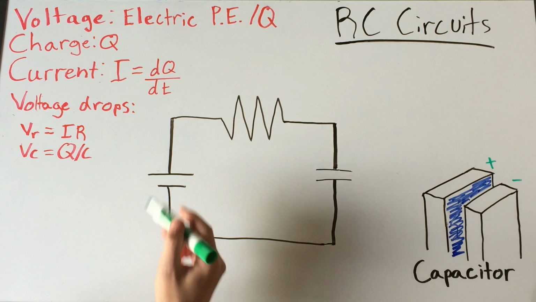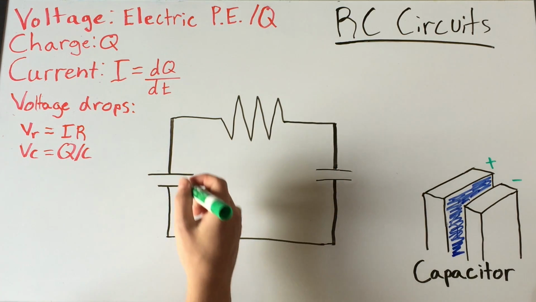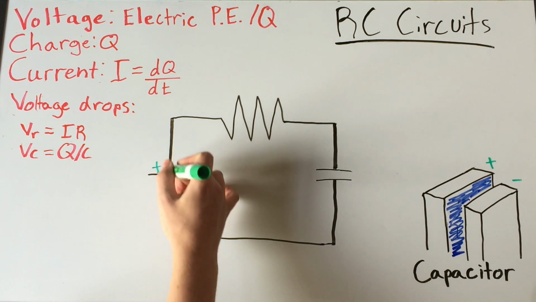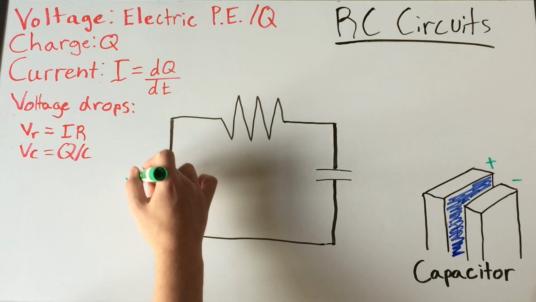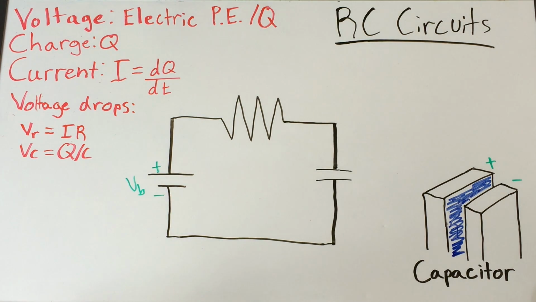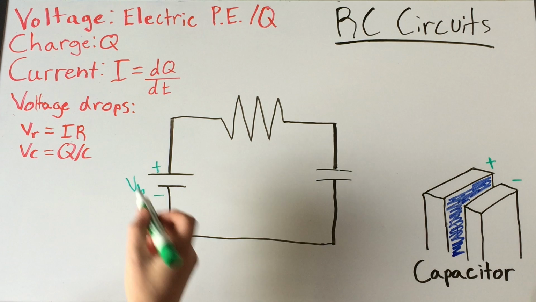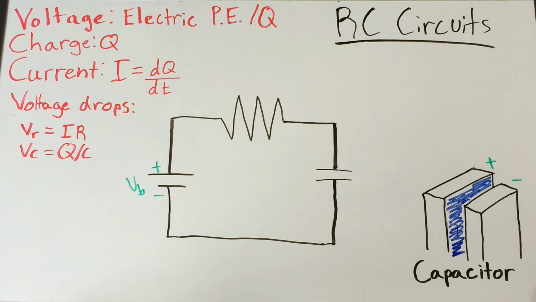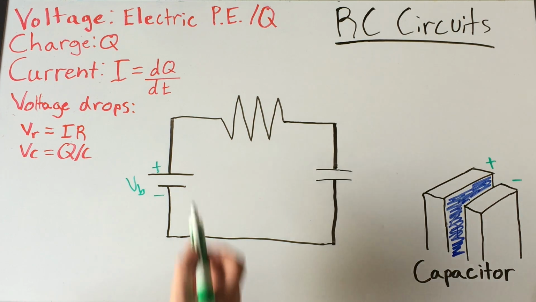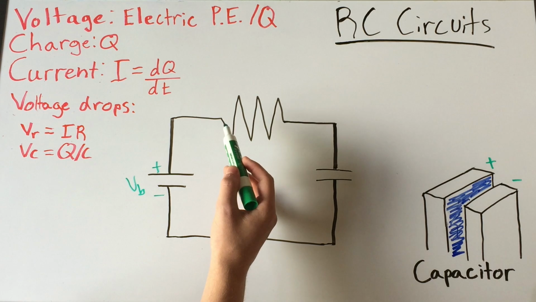In a circuit diagram, a battery is drawn like this, with the larger line representing positive voltage with a plus sign, and the smaller line representing negative voltage with a minus sign. The V next to an element in a circuit diagram signifies the magnitude of the voltage change across that element. It can be either a voltage gain, as in a battery, or a voltage drop, as you find across a